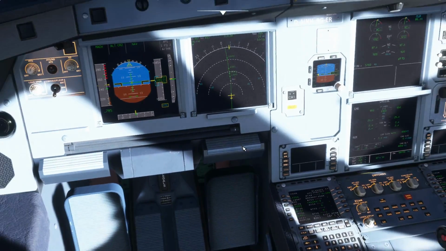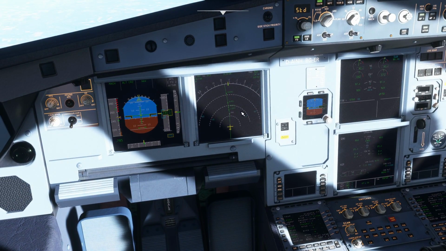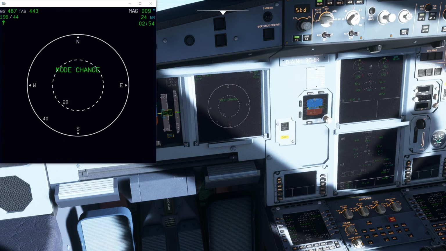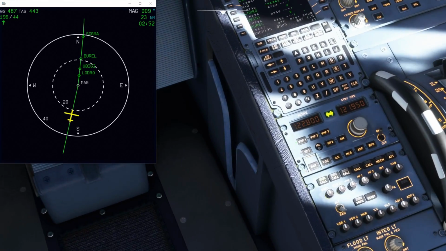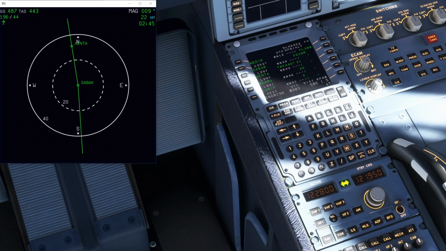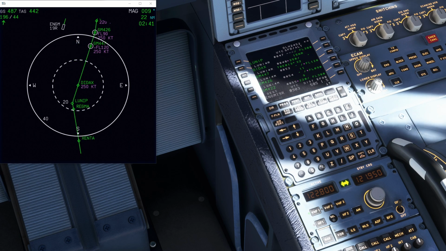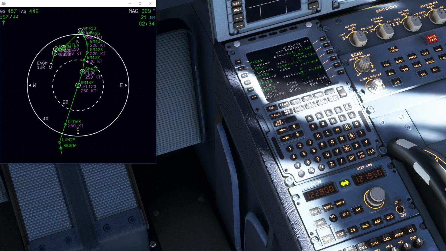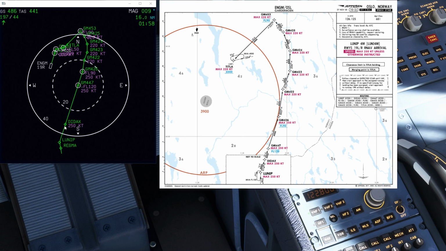Let's have a look and make sure this is programmed correctly into our MCDU. Let's go to plan and we can step through the navigation display and make sure everything is as it should be. So there's LUNIP, DDAX, there's our constraints. Let's bring up the chart so we can compare the arrival with what we have in the MCDU. Okay, LUNIP max 250 knots, DDAX 250 knots,